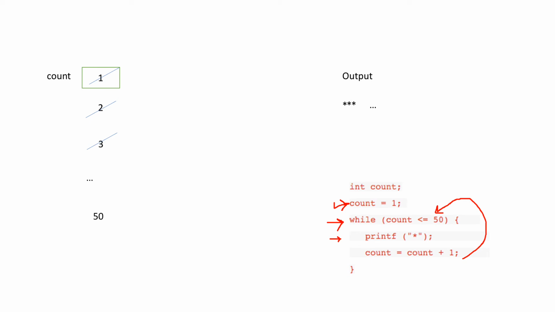Now when count is 50, it checks, is count less than or equal to 50? Yes, it's still less than or equal to 50, the condition is still true, and therefore it prints the 50th star. And then count becomes 51. Count becomes 51, goes back here and checks, is count less than or equal to 50? Now the condition is false, and therefore it ends the loop. This is what happens behind the scenes in the memory, and this is what you see as the